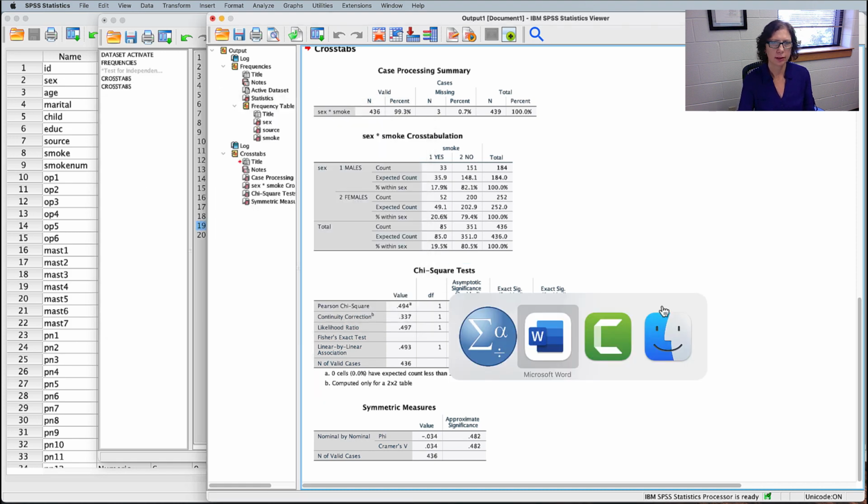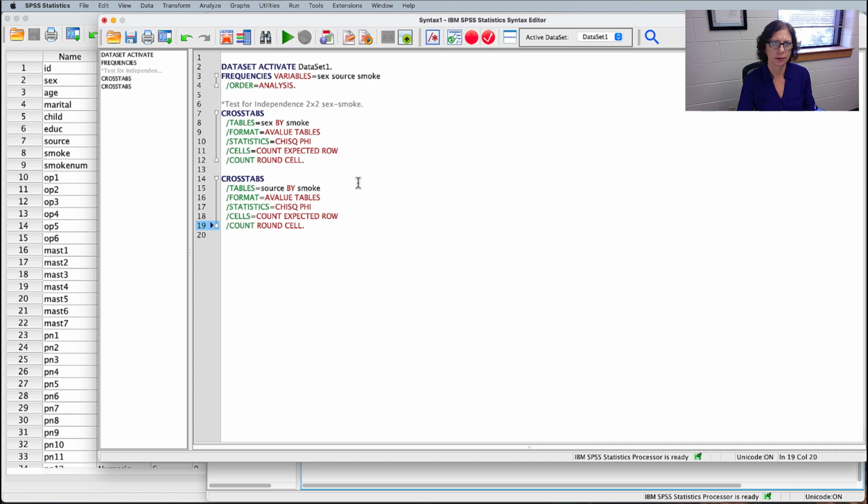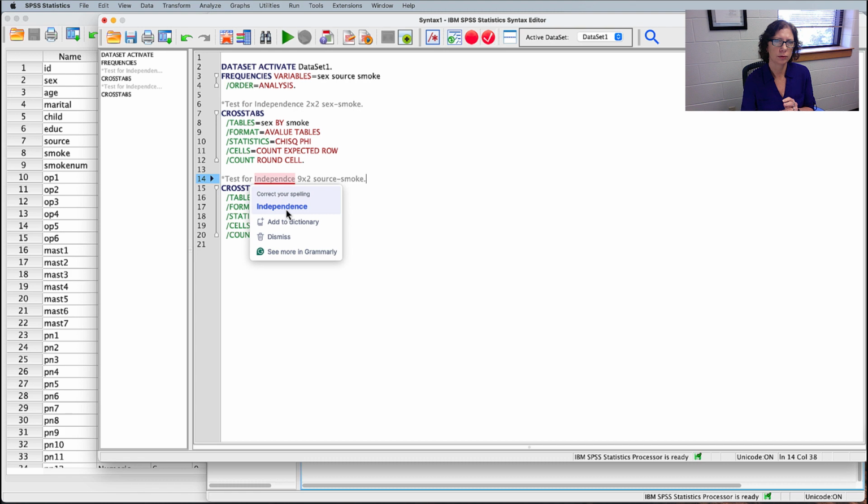And let's take a look at that syntax. So now we have the crosstabs for a larger table. And let me put test for independence. This one's a 9x2, which is source of stress and smoke. And you can put whatever helps you in your notes, so that you can go back to it and be able to see what you were doing. Or if you needed to run the analysis again, you can just go in and run it right from your